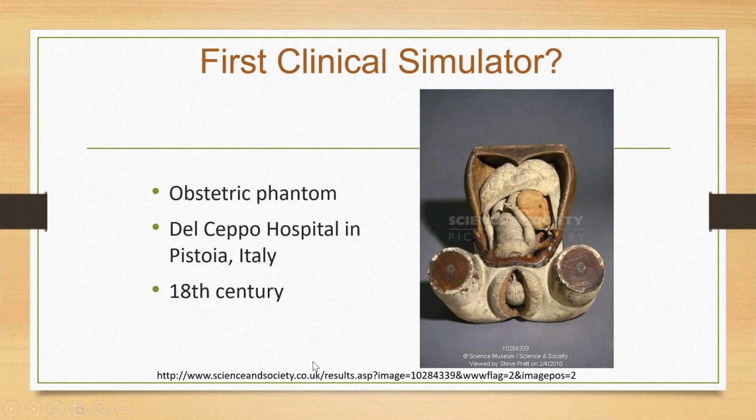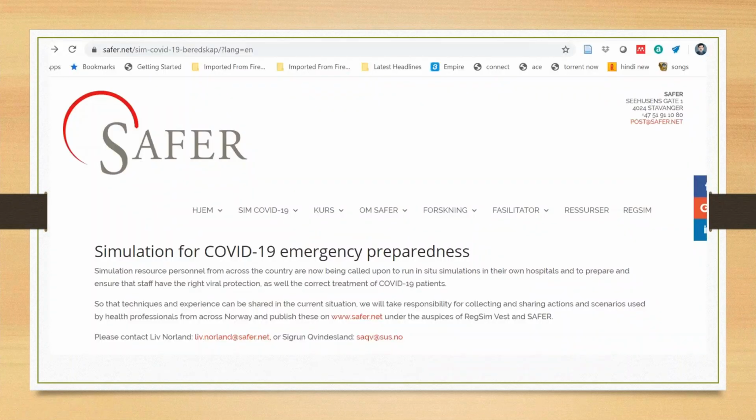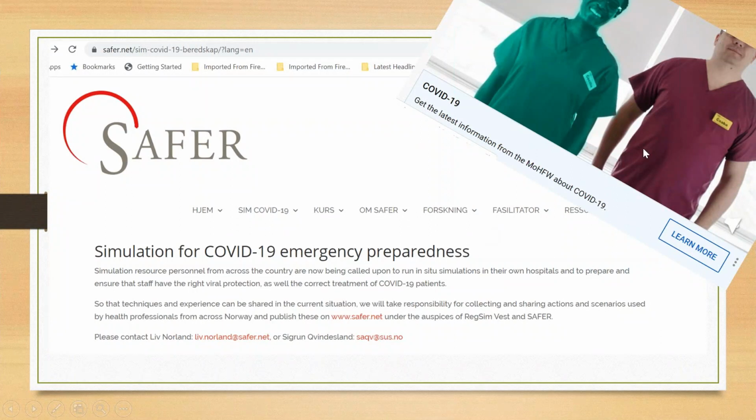From that point of view, the first clinical simulator was the obstetric phantom in the 18th century, and now we are talking about the 21st century. Presently, the entire world is in this COVID emergency, and because of that, a lot of people have come up with simulations for COVID. The best example is how to use PPE, personal protective equipment. You can take anyone in your house, a friend, your brother, or anyone from the family, and do it on each other. Remember, risk stratification is very important, so it is not advised that you go into the real environment right now. That can be done through a simulated environment.